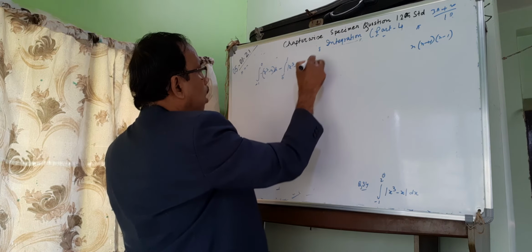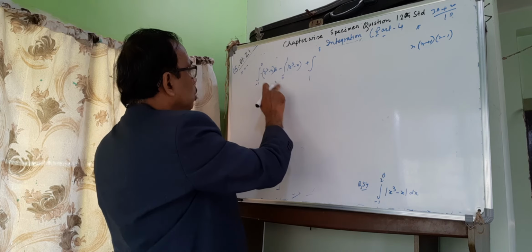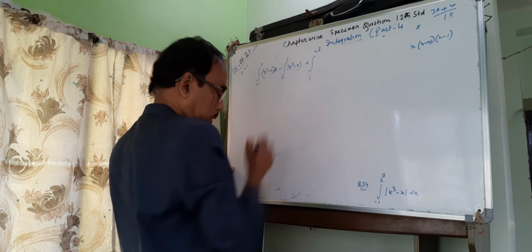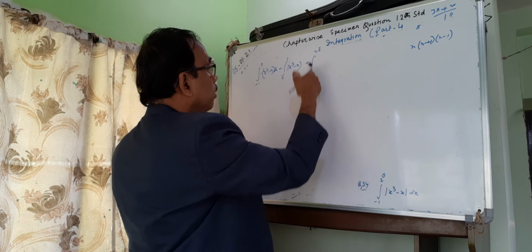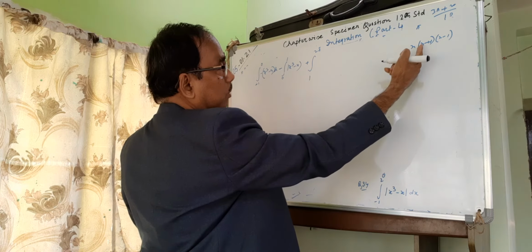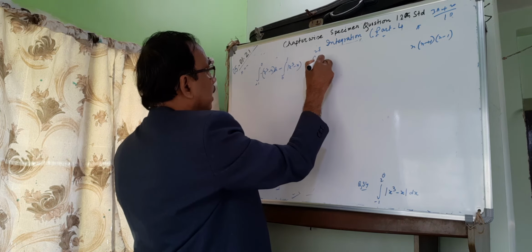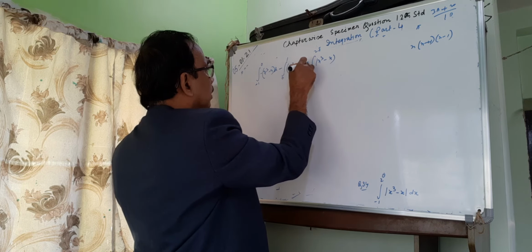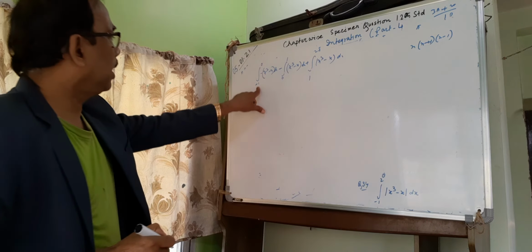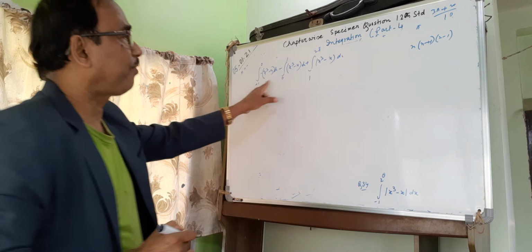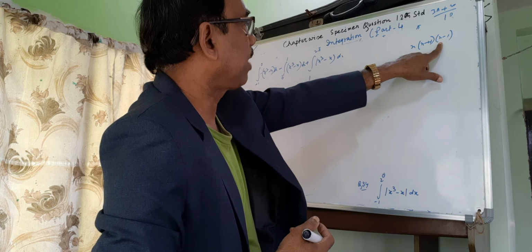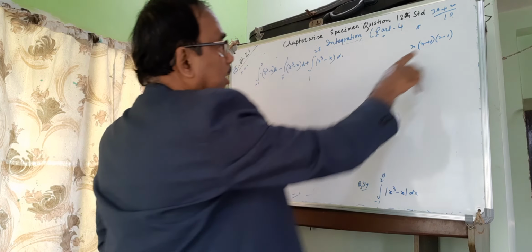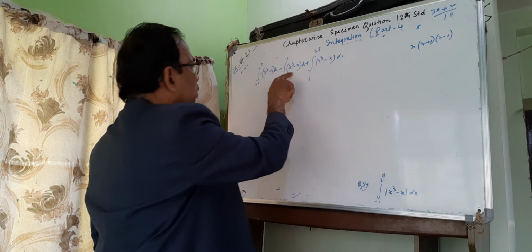Plus now 1 to 2, limits minus 1 to 0, 0 to 1 and 1 to 2. Here the limit is still 2, 1 to 2, suppose 1.5. This is positive, that is x cube minus x. Remove the modulus. I am telling again, minus 1 to 0, that is minus 0.5, this is coming negative. Therefore, the whole thing is negative. Remove it. 0 to 1, suppose 0.5, this is negative, so after you remove the modulus this will be a negative value.